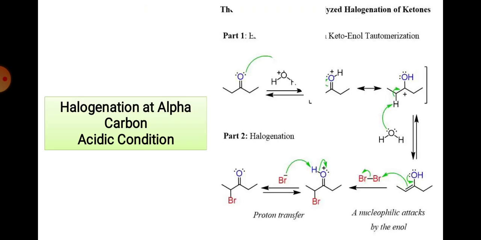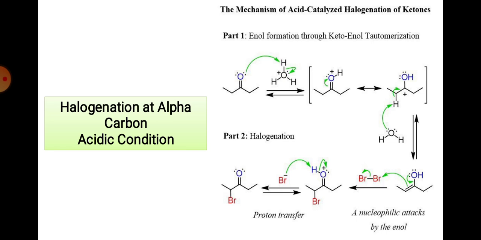And now lastly, halogenation at the alpha carbon in acidic medium. In acidic medium there is a formation of enol, as we mentioned in the first slide, in acidic medium there is a formation of enol, sorry. Enols are more nucleophilic in nature, and it will react with the Br2 molecule. So second or further bromination is not possible in this reaction. So whenever you want to prepare the monobrominated product, or monohalo ketone, we always use the acidic medium.